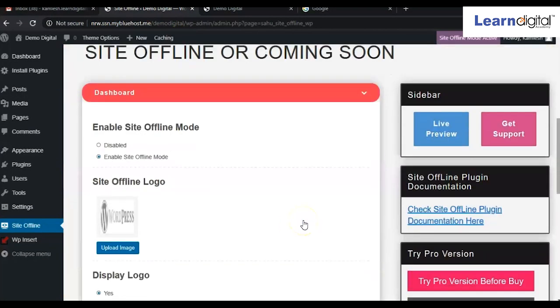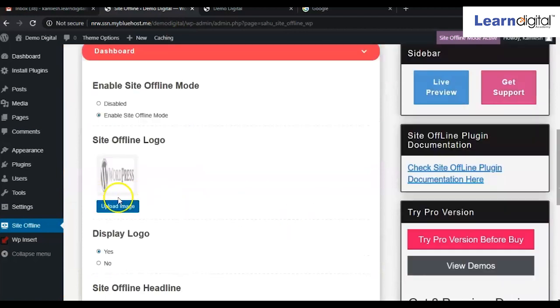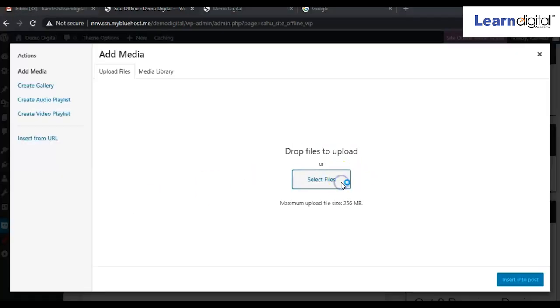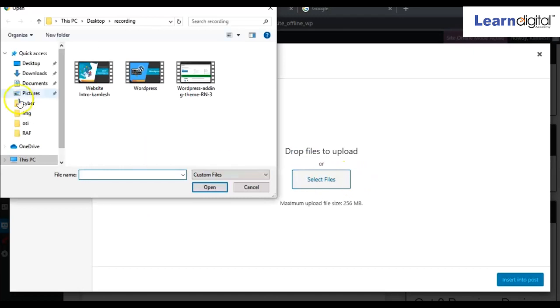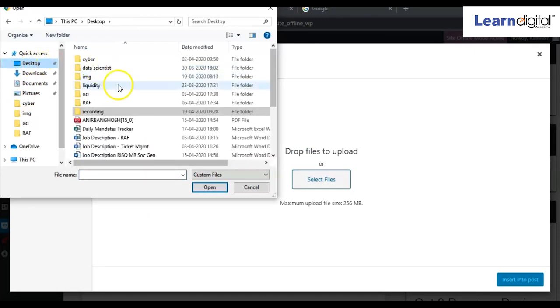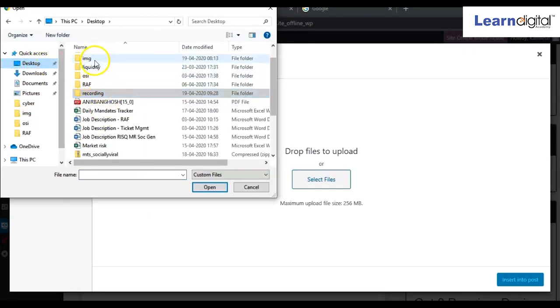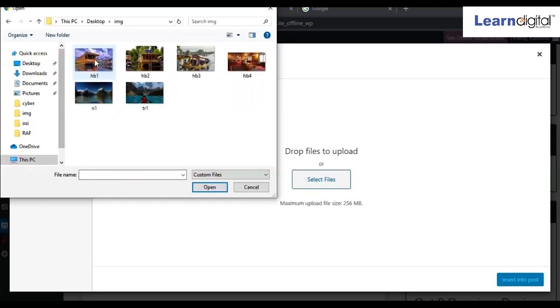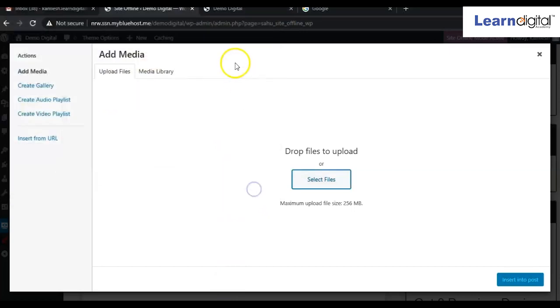So for editing that one, just you come here, or here you can select a logo or image for your website, right? So just simply click on upload image. So you can come in here. Any image we can take, otherwise we'll be taking a logo.